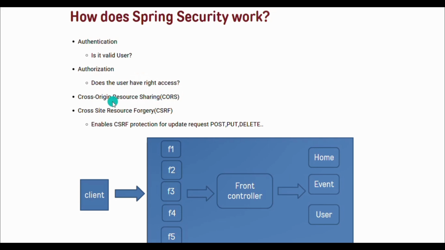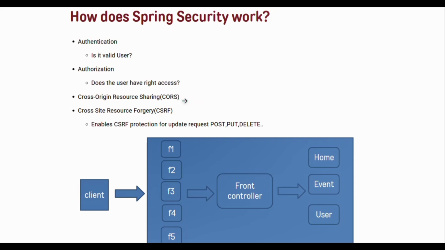CSRF stands for cross site request forgery. So what is CSRF? By default, Spring Security provides protection against CSRF. When a user logs in, the session ID is stored in the browser, and next time if the user visits any malicious website, it uses the previous authentication login, uses the session ID and makes a request on behalf of the actual user and steals the data.